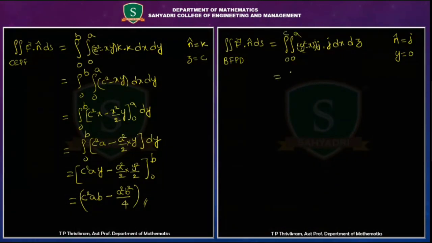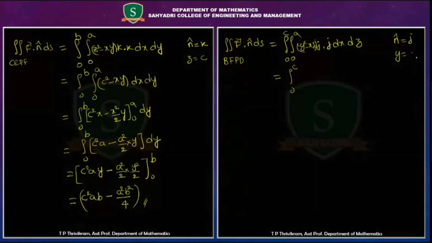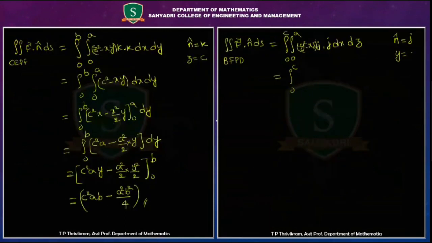So this one is equal to integral 0 to c. So if you make a dot product and substitute the y value, but here y value has some height. Okay. So what is that height? 0 to b. So y equal to b we will get. Okay. So integral 0 to a, b square minus xz